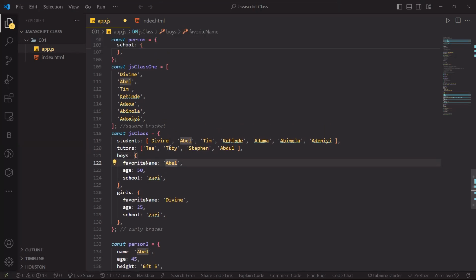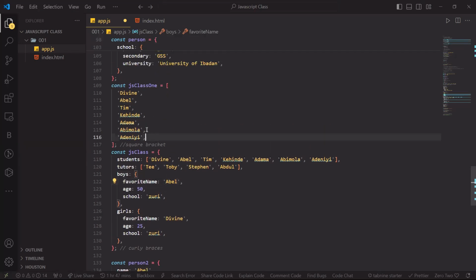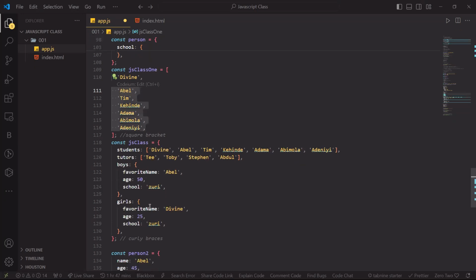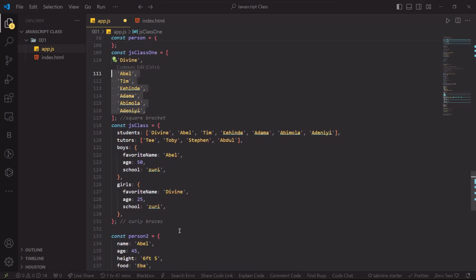So think of it like an array is a tray that holds items, but an object is a larger tray that holds different items, but more specific because they have a key and a value. I think I've explained it. But if you still don't understand, then maybe tomorrow we'll talk about it again, because I'm just giving